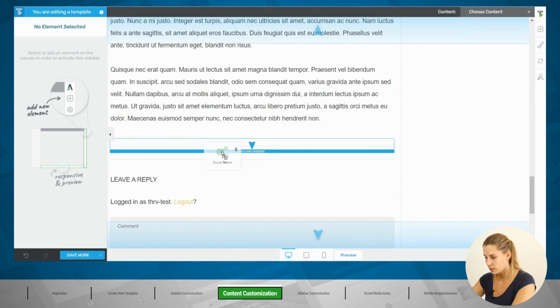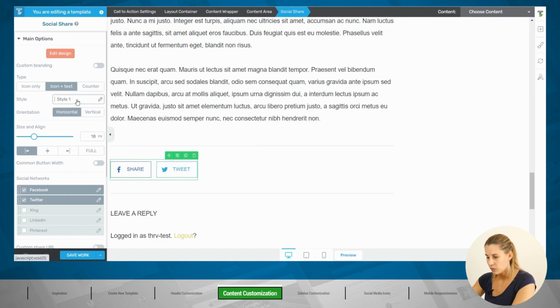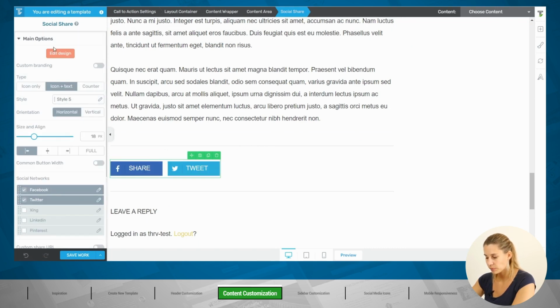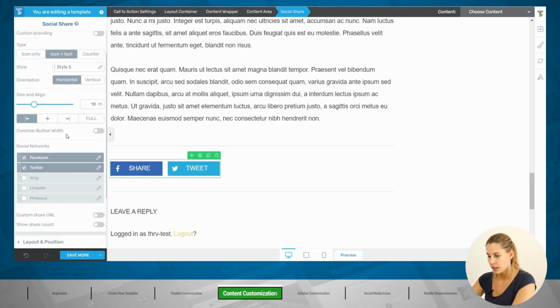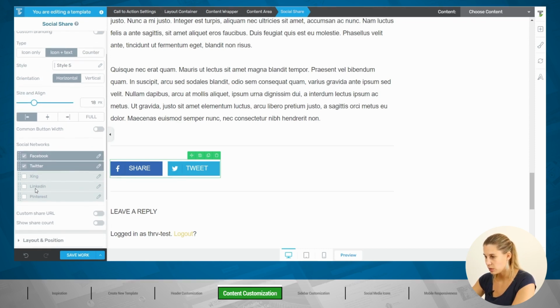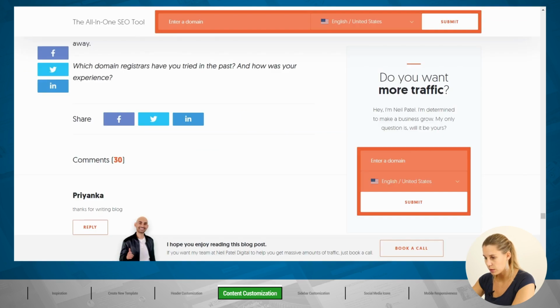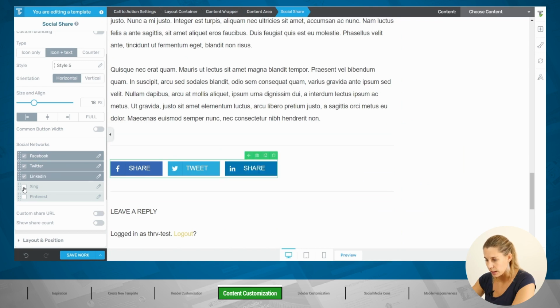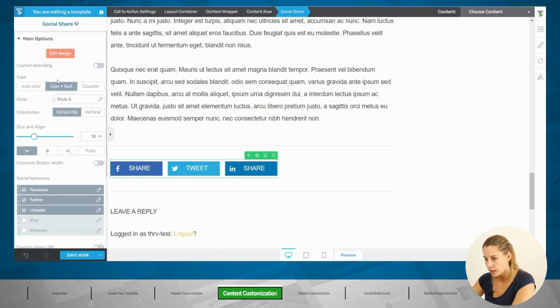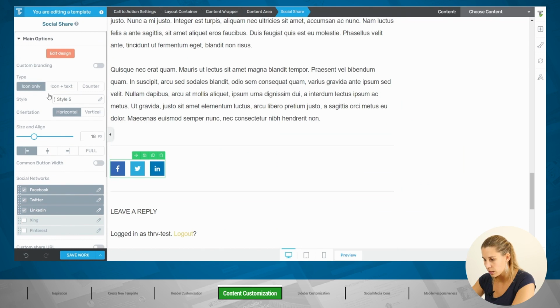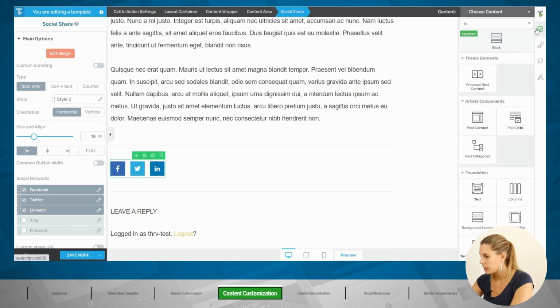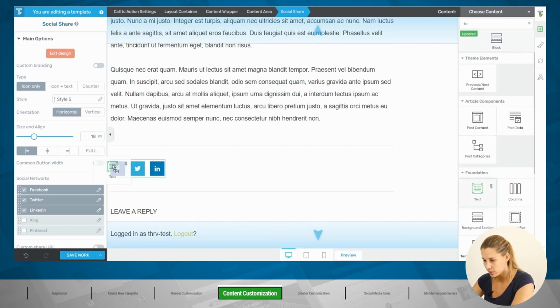Let's drag this in here, and then we can choose from some different styles that are available here. And you can choose which networks you want to use. So in this case, we have Facebook, Twitter, and LinkedIn. All right. And it's actually only the icon. And then we want to have the word share in front of this. So for this, let's add a text element, drag it in front,